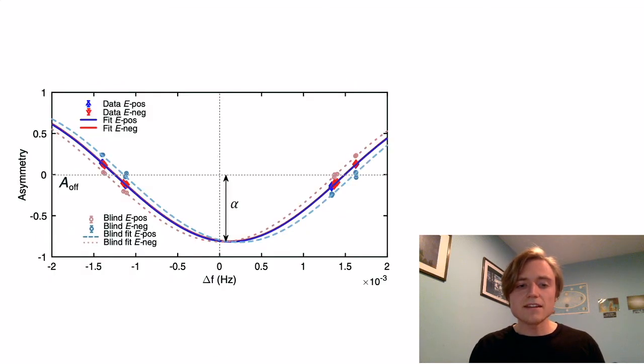So what they find is something like this, where this is just some mock data. The y-axis is the asymmetry, which is the ratio of one spin to another spin. And the x-axis is the thing that they're trying to actually measure and understand, the Larmor frequency. They measure in 4 distinct places along this curve to make sure that they can fit the curve as well as possible. So you can see the data points just sitting in these 4 distinct places.